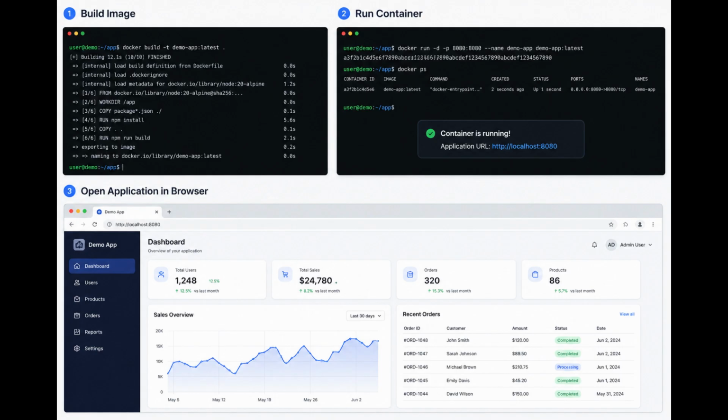After that, it creates the working directory, copies the package files, installs dependencies using npm install, copies the application source code, and finally runs the build command. At the end of the process, Docker exports everything into a reusable image named demo-app:latest. This image now acts like a blueprint for creating containers. The advantage is that this same image can run consistently on any machine without worrying about operating system differences or